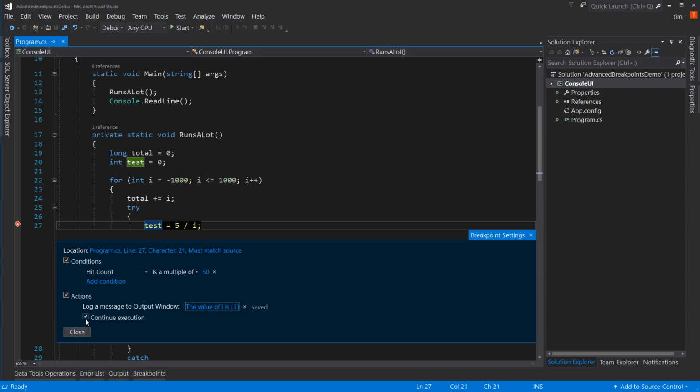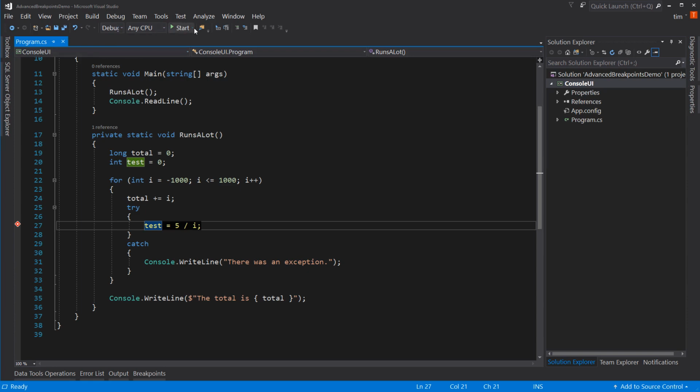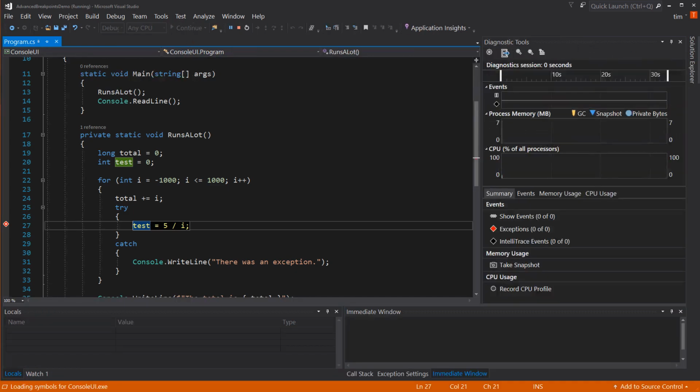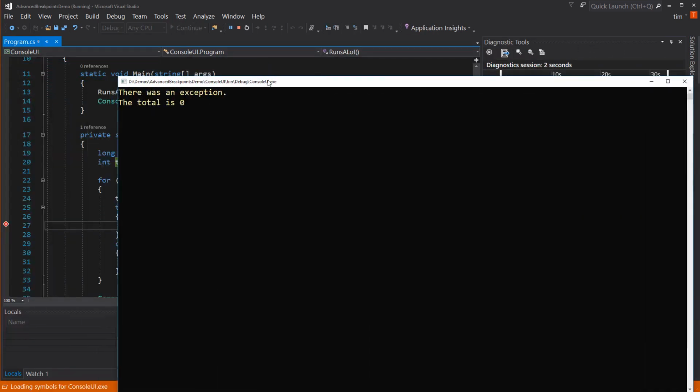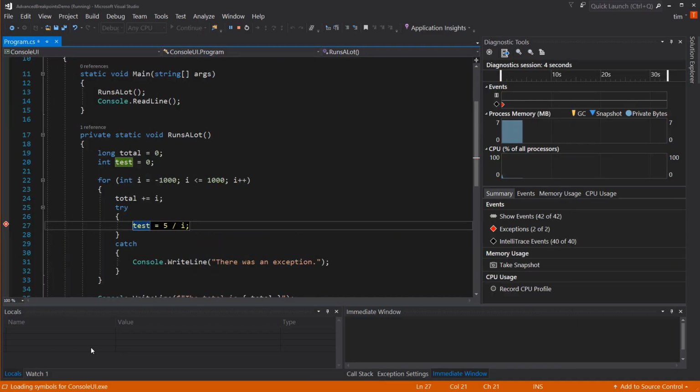With this, you can use your breakpoints to put those conditional statements in, or those test statements, and just log it to your output window. So let's run this. It runs through the whole thing, and of course it gets the exception, it gives us our total. But if we look at the output window,